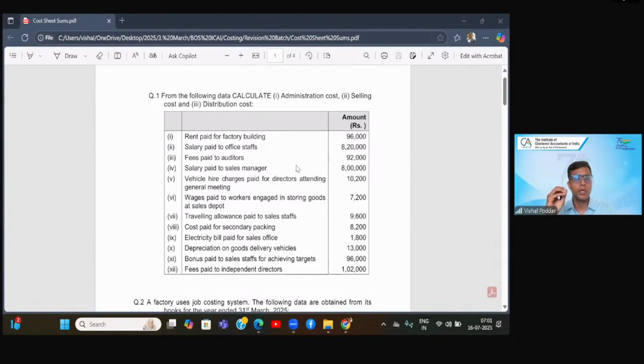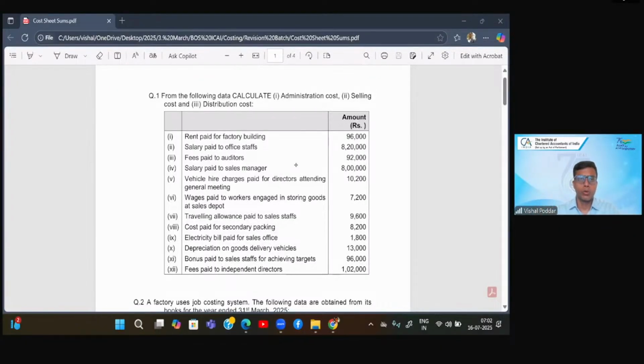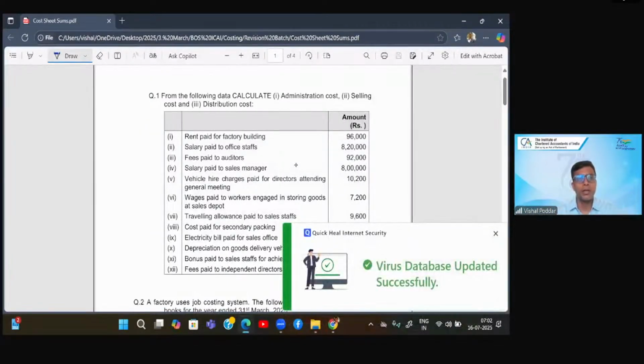Now cost sheet is nothing but a pictorial, or I'll say a structured representation of your cost arranged in a proper sequence, and it is devised in such a manner that at every stage you get to know your cost, right from prime cost up till your total cost of sales. Please understand that cost sheet is different for different types of activities. Though you'll find that more or less the format is same, but broadly, if I have to categorize, I will say